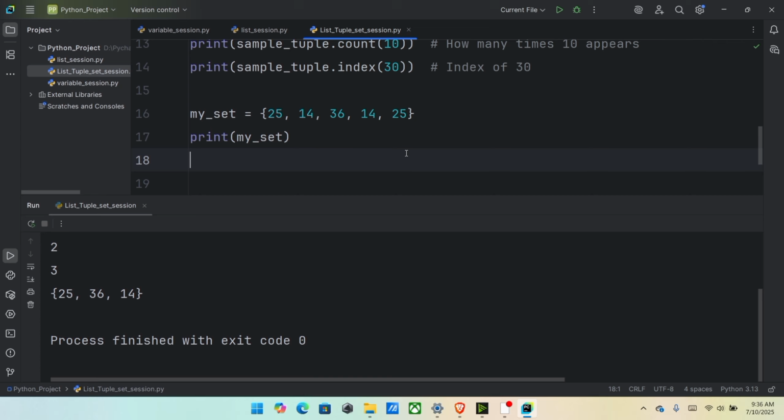Set limitations. Sets do not support indexing or slicing because they are unordered. Let's try accessing by index.